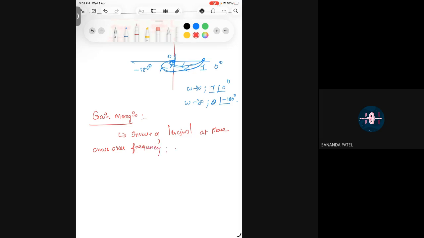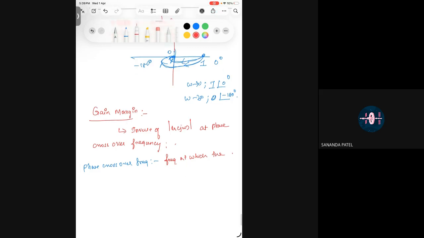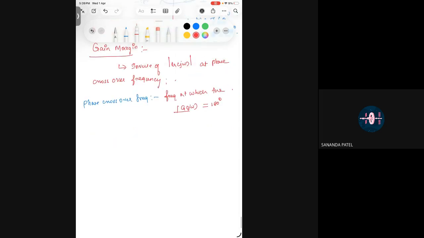The phase crossover frequency in turn, I told that the inverse of your magnitude at phase crossover frequency. What is phase crossover frequency? It is the frequency at which the phase of G(j omega) is equal to 180 degree. So for example,